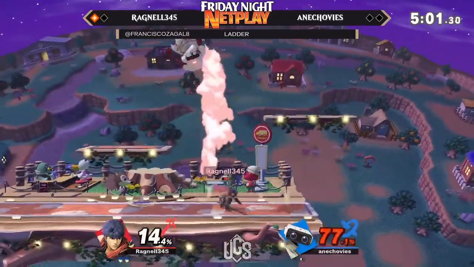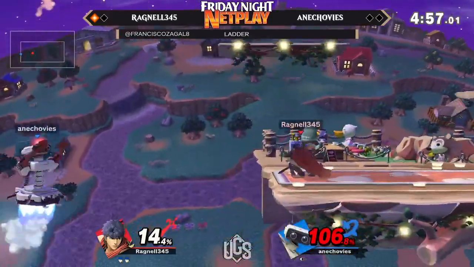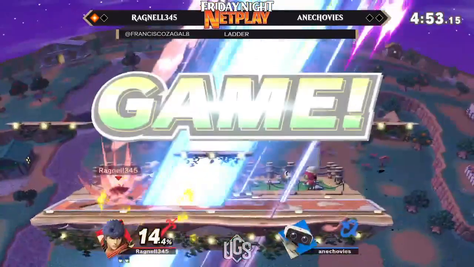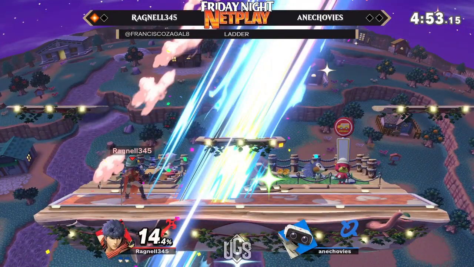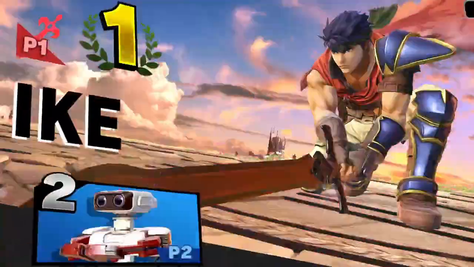Sorry, you can go first. Sorry. Yeah, I was about to say they were just facing each other out of the corner, but Anchovies already at pretty high percent. Anchovies, instead of going up smash, is going to catch him. That's going to be it. Whoa. I was thinking Anchovies was really playing spacey instead of trying to go in and hit Ike because Ragnell was throwing out all those nairs, but